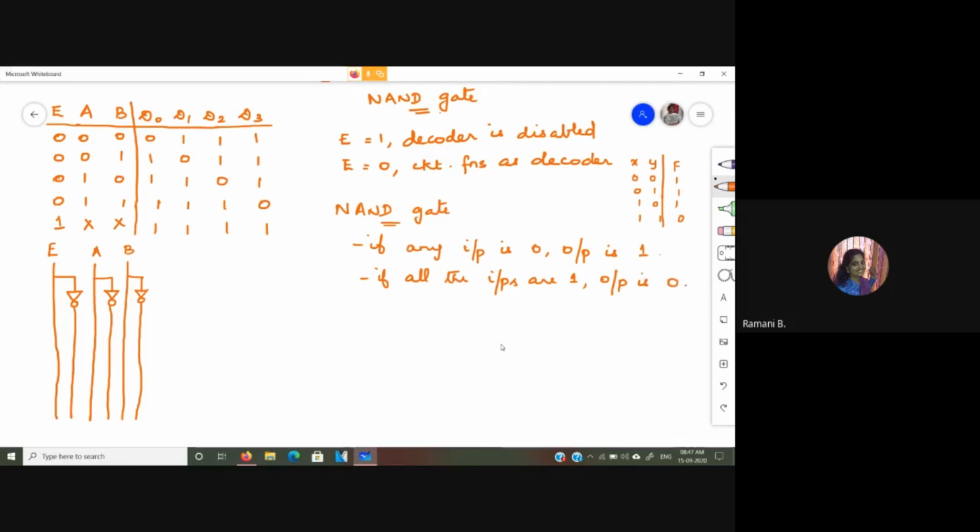Right? This is what our NAND gate operation is. So now with respect to this, we have,